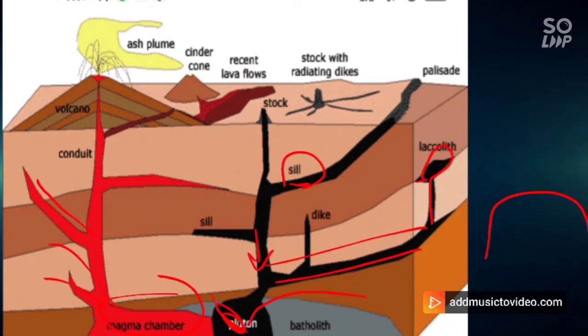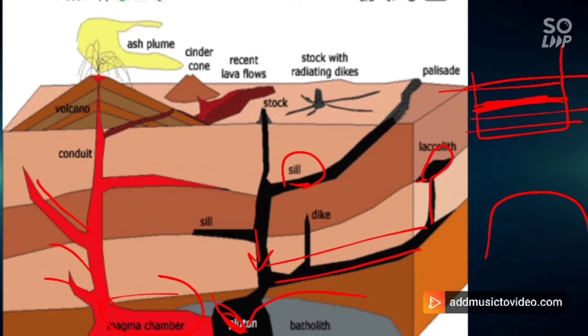Now what are sills? If there are gaps in the sedimentary rocks and the magma enters this region horizontally, if I take these sedimentary rocks, these are the longer layers. Sills are present parallel to it. The magma gap was present parallel to it, then it got filled. You usually call it a sill. If the sill is thick, that is, the magma body formed is thick, you call it a sill, and if the sill is thin, you call it a sheet. These are horizontally plate shaped.